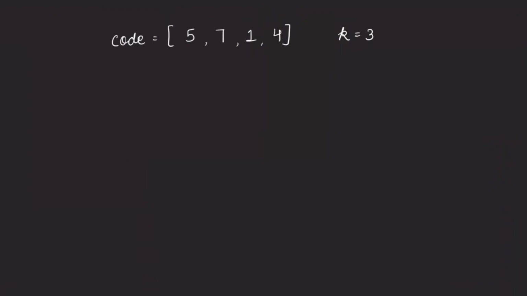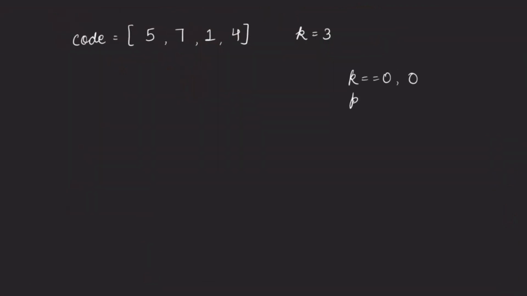So what they are saying is that in the input, we are given an integer array code and an integer k. We need to create another array result of the same size as code, and we need to replace every element in this code with some other element on the basis of this k. So if k is equal to 0, then the element should be replaced with 0. Meaning all of these elements will be replaced to 0 and your answer will be 0, 0, 0, 0. Right? Now, if k is positive,